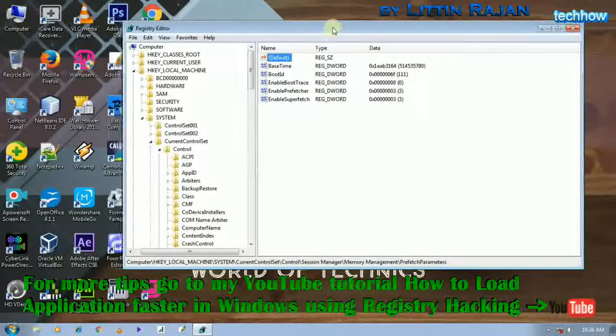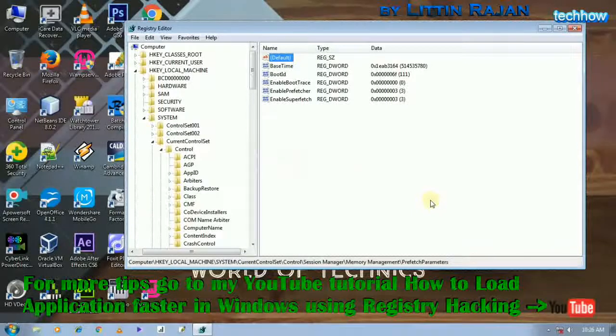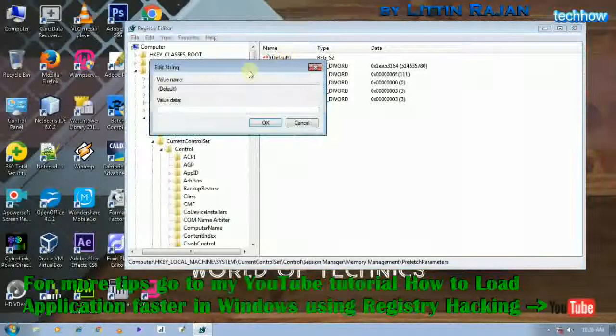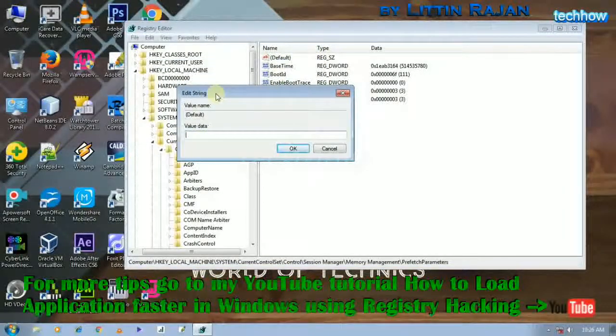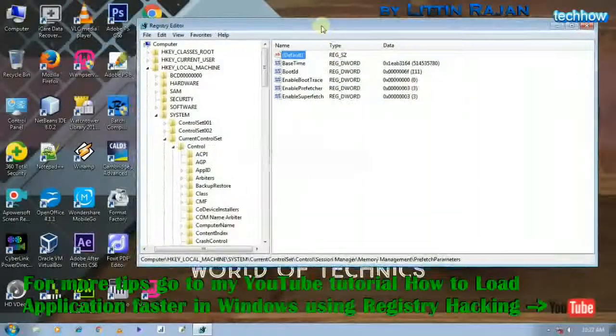Prefetcher is the one that prefetches your applications before they are going to run. Okay, now change its default value. Its default value may be 5, so you can put something like 6 or 7 or up to 10. The higher your value, your system performance will be increased. Okay,